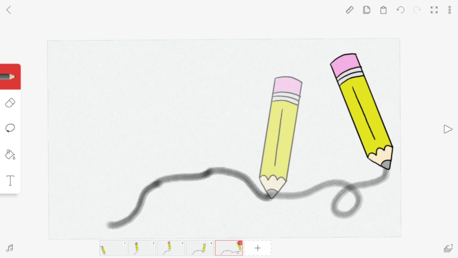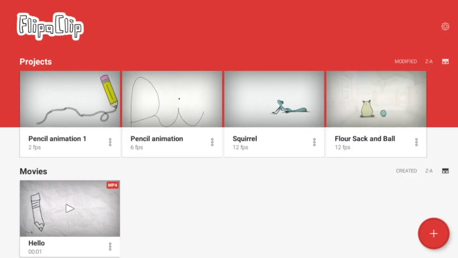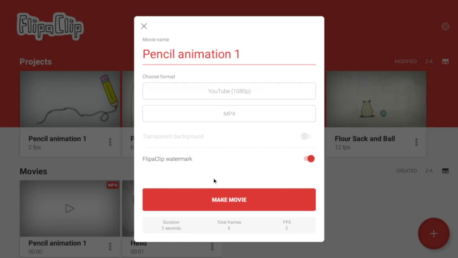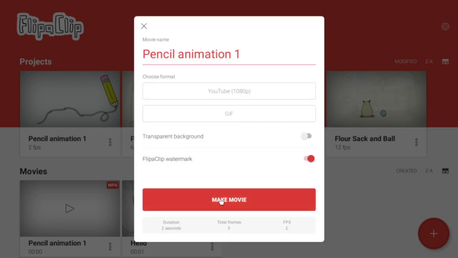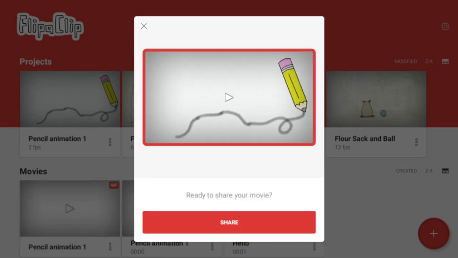So to save, you could just push the back button and it'll save it to the app on your computer. And once you're ready to download it to share, you're going to click on Make Movie. In the middle where it says MP4, click on that and change it to GIF, G-I-F. Then click on Make Movie. Then click on Share,